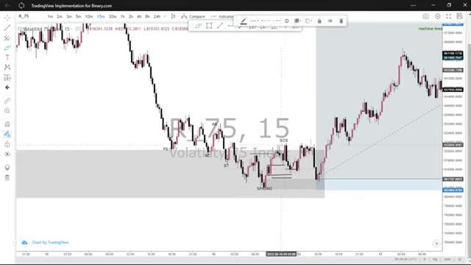Why? Because I didn't see a clear break in here. This was a weak breaker structure, which is also an absorption move. So the minute I saw this indecision of price in here failing to break this high, I went out and waited for what happened next,